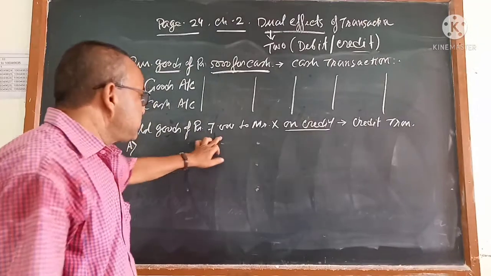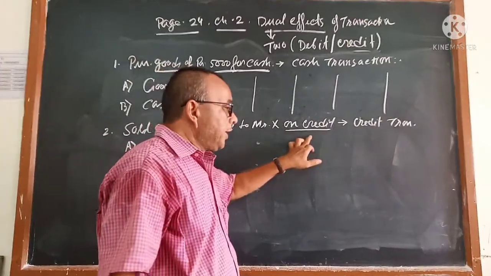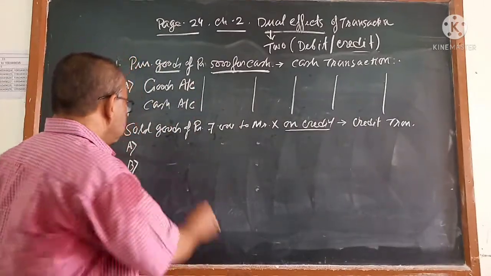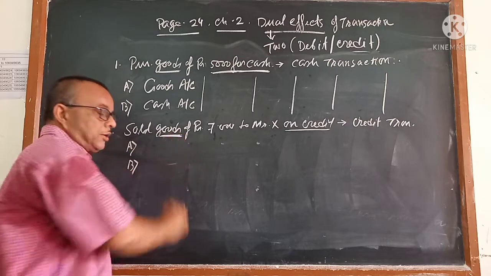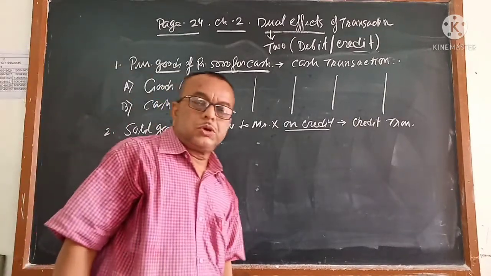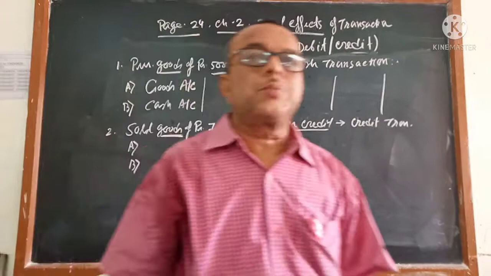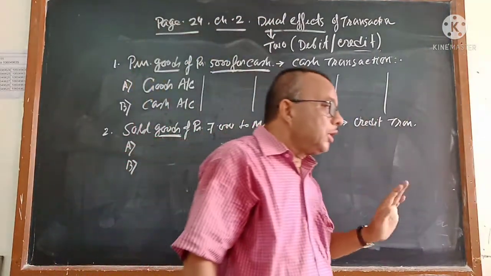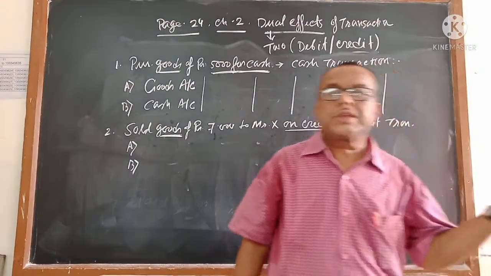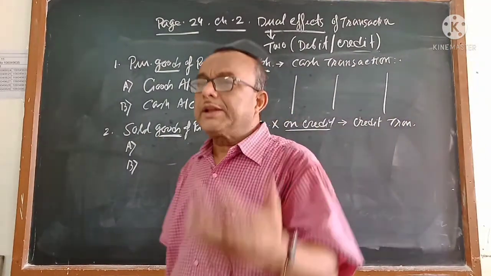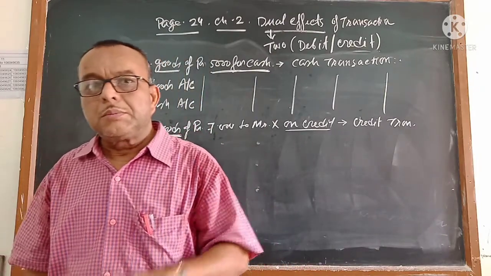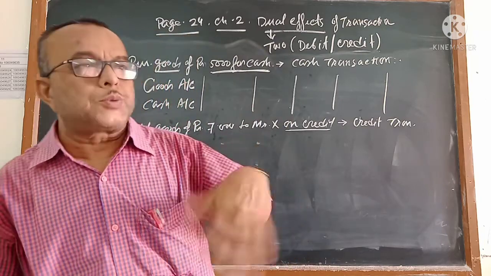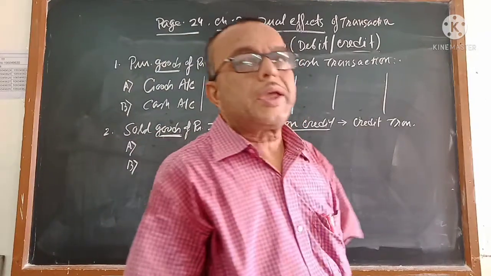So, sold goods of rupees 7,000 to Mr. X on credit. Now one is Mr. X and one is you. Which two things are exchanged? One is goods, which has gone. You have sold the goods; they have gone from your business. And what did you get? On the spot you did not get the money because it is a credit transaction. But obviously, you will get the money afterwards, so it is considered a credit transaction.